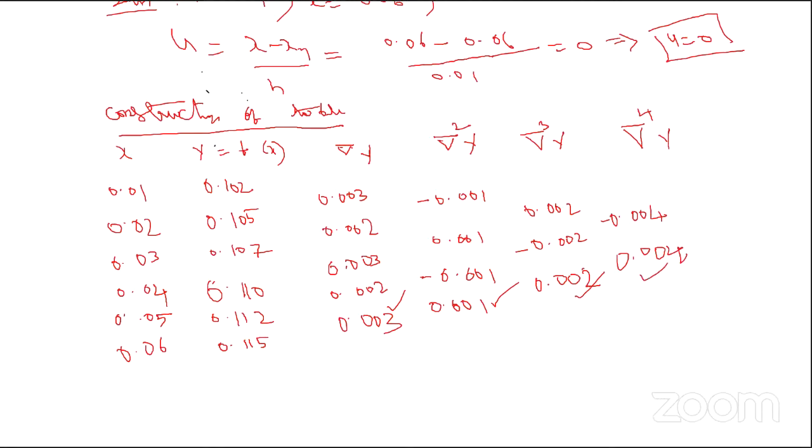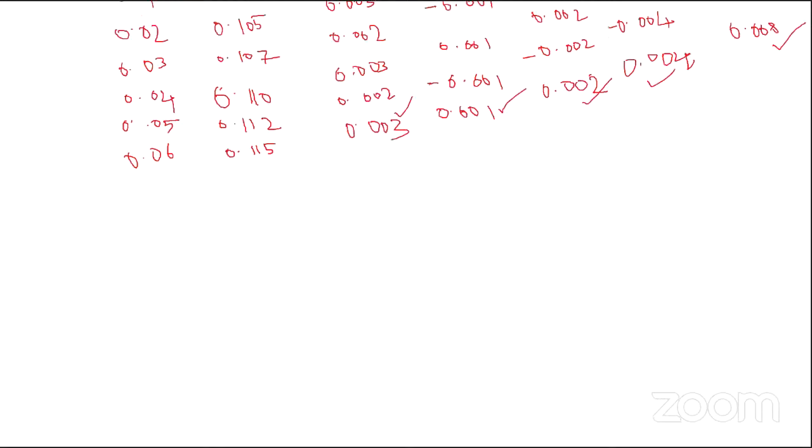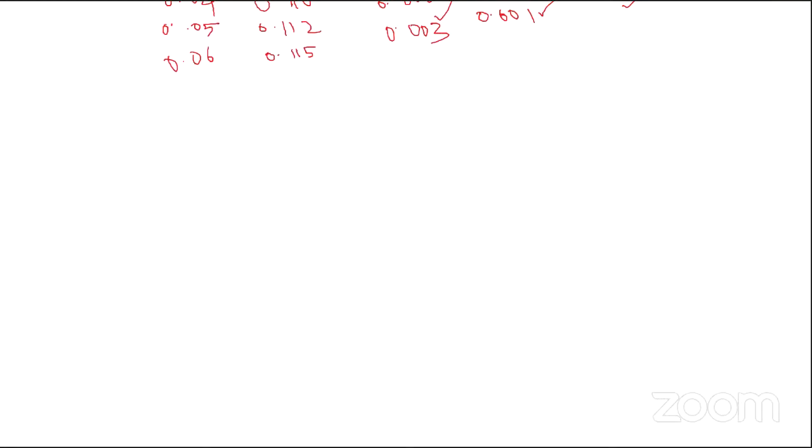Next, delta power 5 y is 0.008. Now let's go backward. Now we'll write Newton's backward difference formula